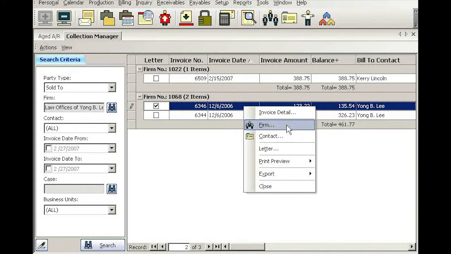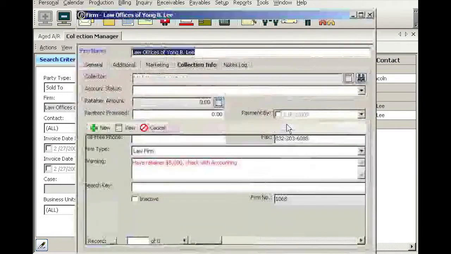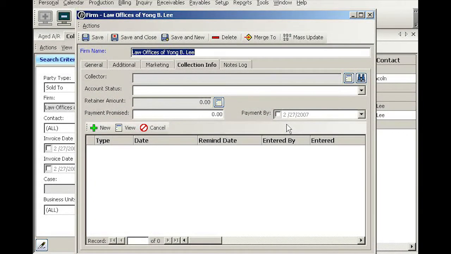Now I recommend you always make a note against a firm rather than individual contact, because as you know, attorneys move around from firm to firm, and firm is ultimately responsible for the payment. So I'll make all my notes at the firm level. So click on the firm. This will automatically take you to the firm and open up automatically the tab called Collection Info. Here, simply click the New button